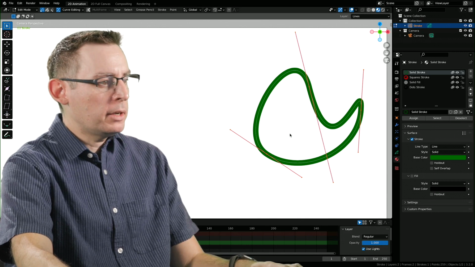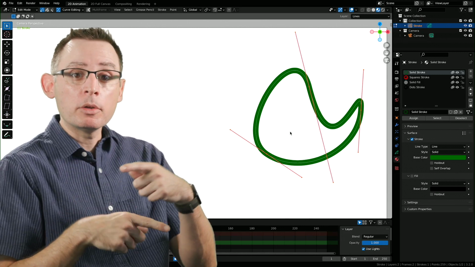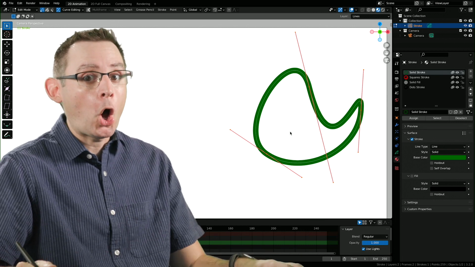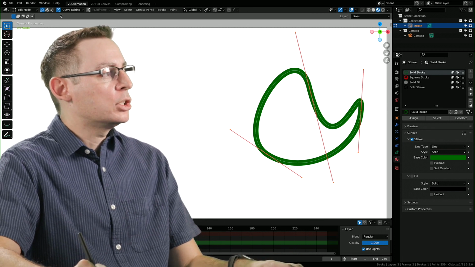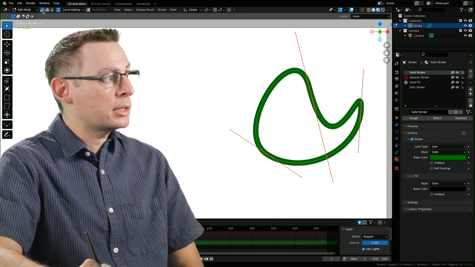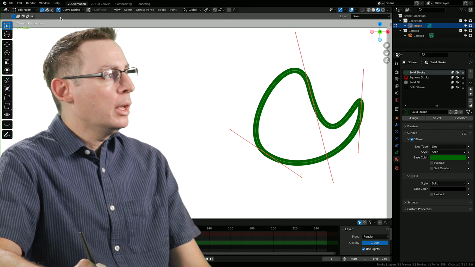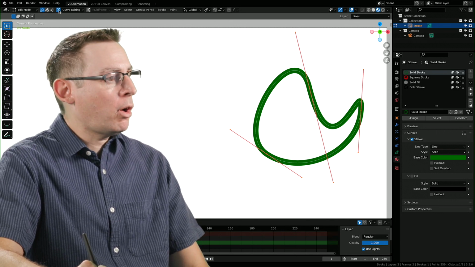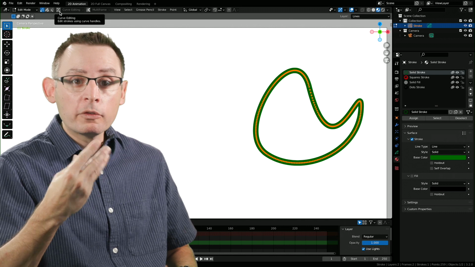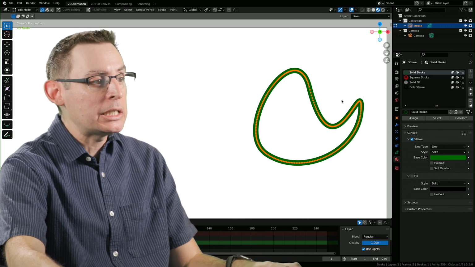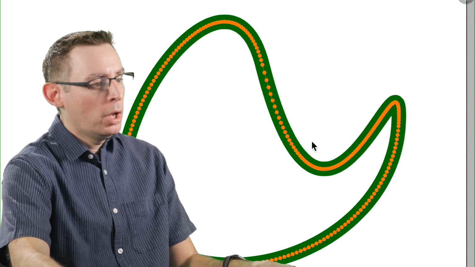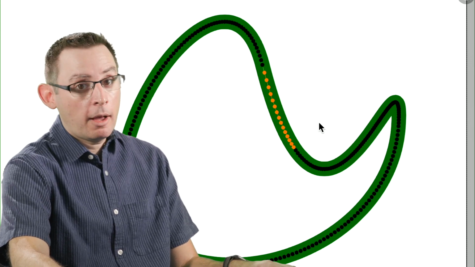And I want you to be mindful of how our curve is going to be rebuilt when I turn it off. This is a good reason to keep it on as long as you can. Because the moment I turn curve editing off, and also please note, I'm in the vertex selection state for my edit mode. If I turn curve editing off, the computer is going to rebuild that curve with all the verts that it thinks it needs to reconstitute and maintain the curvature of this new shape. And now we have a lot of verts.